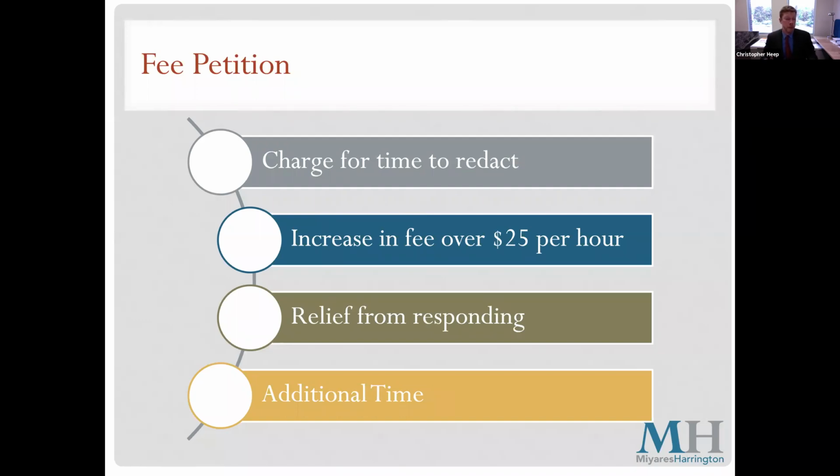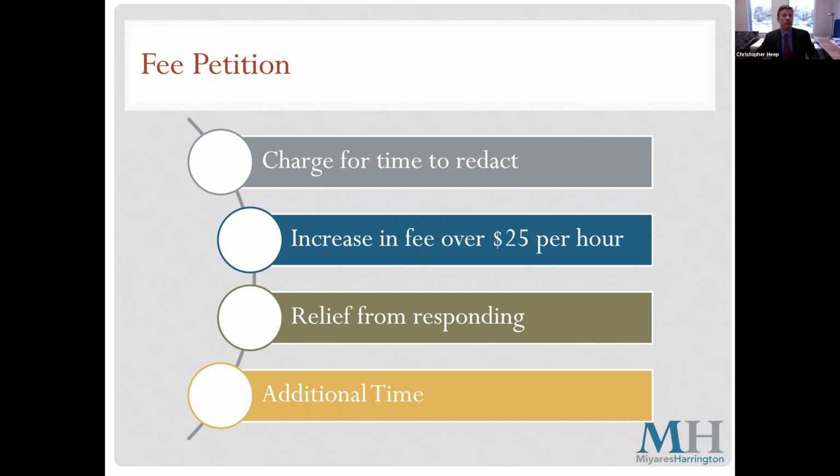The town can petition the supervisor for permission to charge over $25 per hour, but needs to obtain permission to do that. And that might happen in cases where the staff or official or counsel who are going to be tasked with preparing the response are going to result in costs to the town above that $25 per hour.